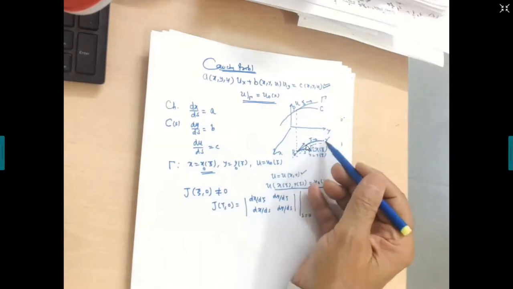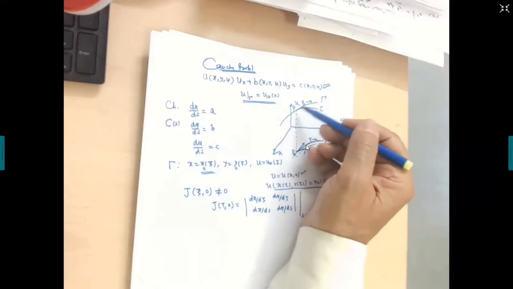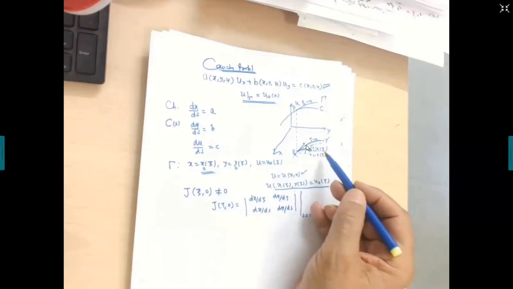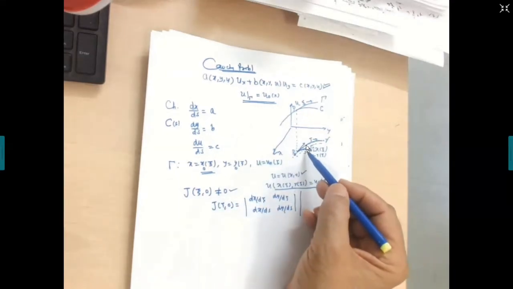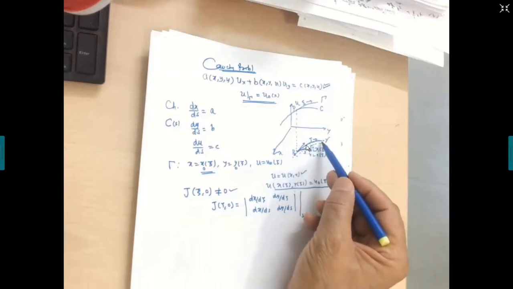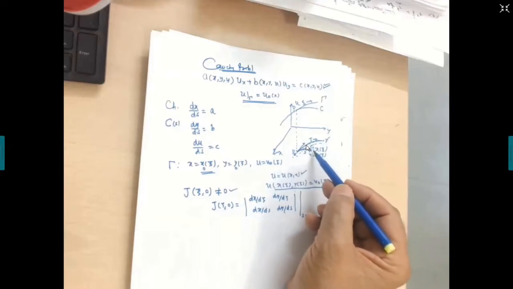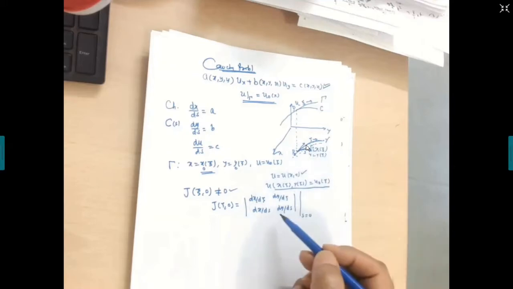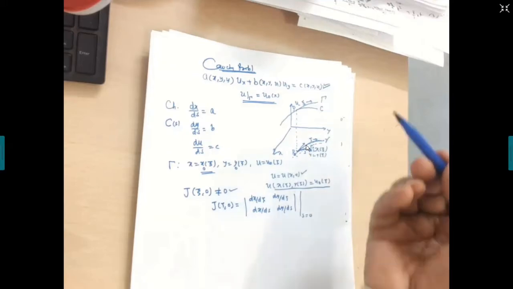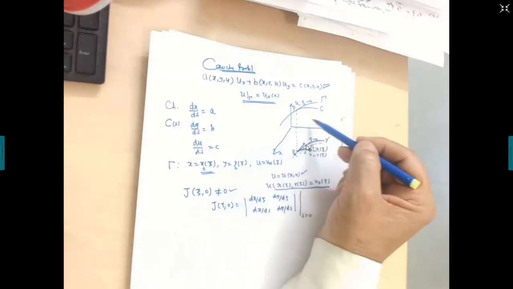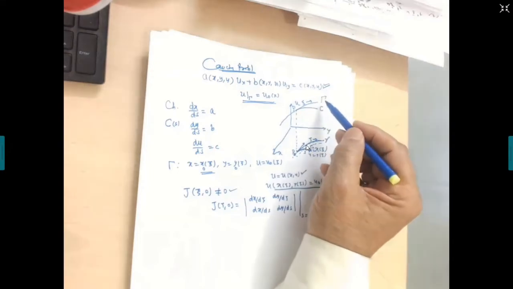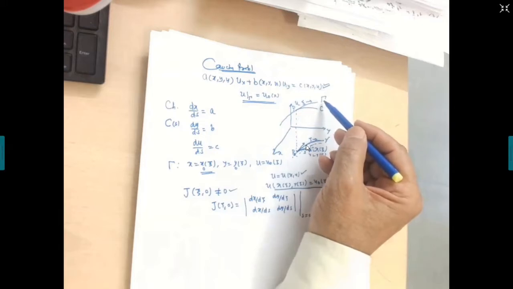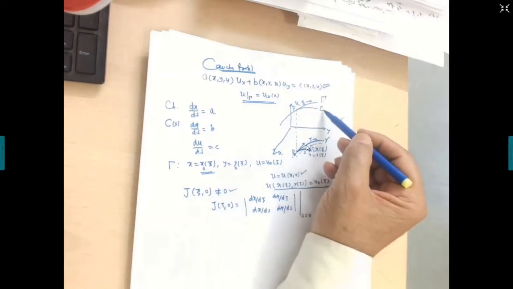Specifying u on this base curve is equivalent to specifying u on the space curve, right? If this is the condition which holds, this small gamma curve is nowhere tangent to C naught, and it has a unique solution. This assertion is equivalent to the statement that the solution to this partial differential equation contains this space curve capital Gamma, provided it is nowhere tangent to this characteristic curve C.